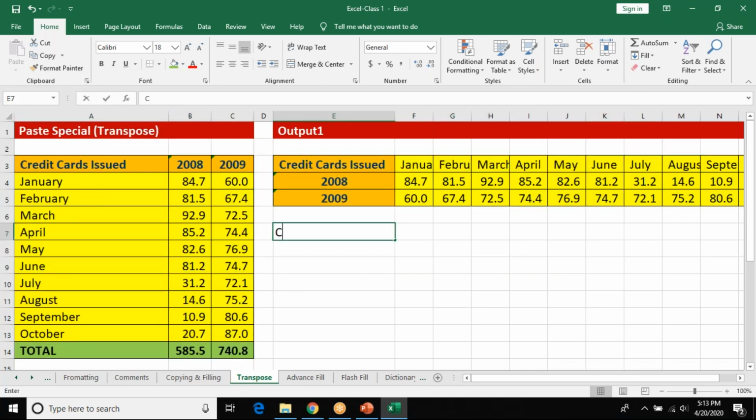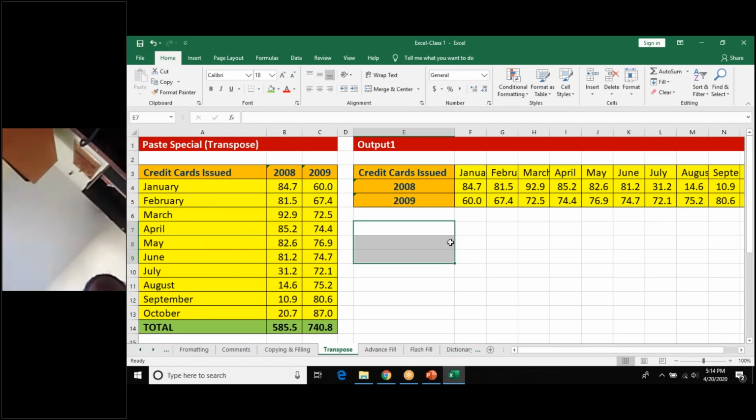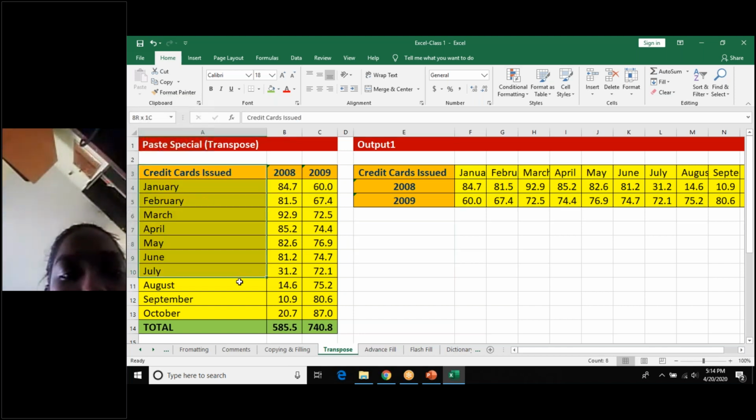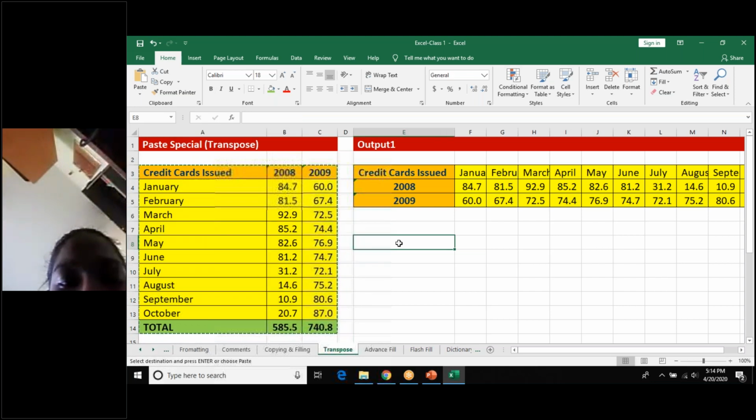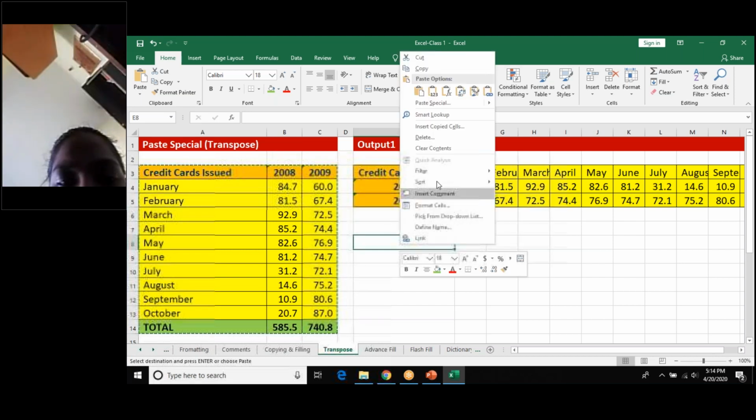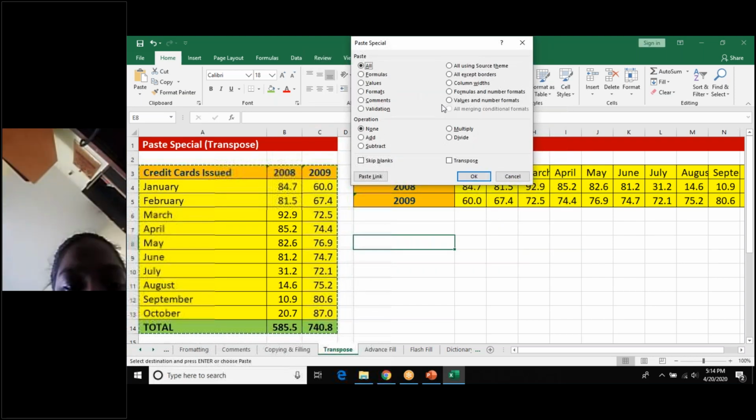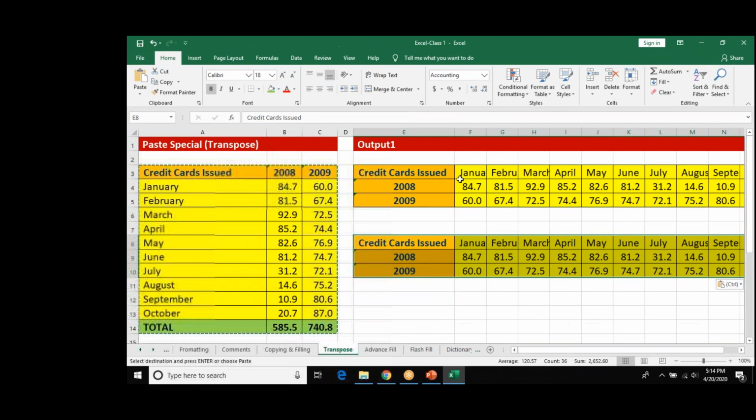Then at that time you can't type 2008, 2009 and then write it. It'll take almost 1 day. But in one click you will be able to do it. How do you do it? How do you transpose it? Simple. Select this, copy it, where you want to convert the data here. Now don't do Control V, it's a paste special. So right click, go to paste special. Now you have an option over here which is called transpose, the last option. Click on transpose and click on OK. See, that's it. Very simple.